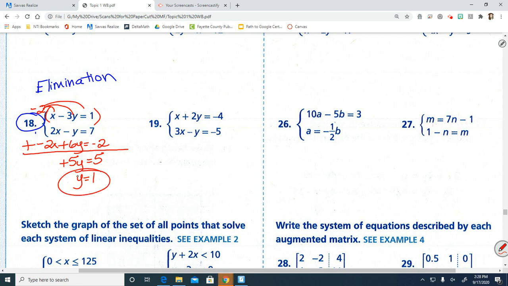Now I need to get my x value. So I look at my top equation. You can use the bottom, but for me it looks like the top might be faster. So I have x minus 3 times y, but we solved for y. We said y equals 1. Again, I'm pulling from this equation. So x minus 4 equals 1. Add 4 to both sides. x equals 5. So the solution to this system is 5,